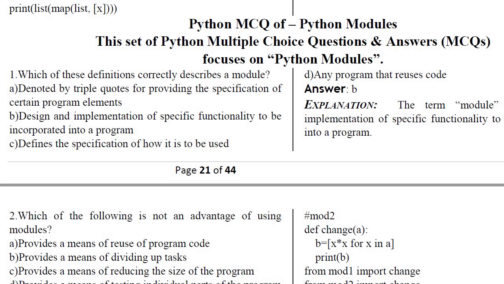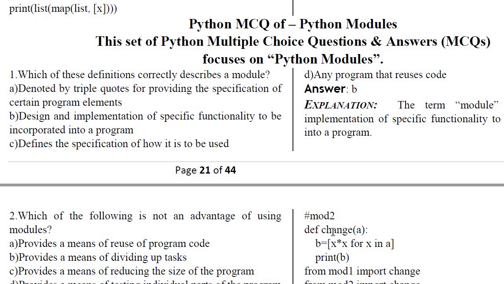If we want to use square root in our programs, we have to import the module. So a module is basically a design and implementation of a specific functionality to be incorporated into a program. So the answer should be B.